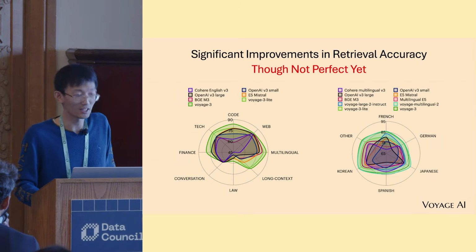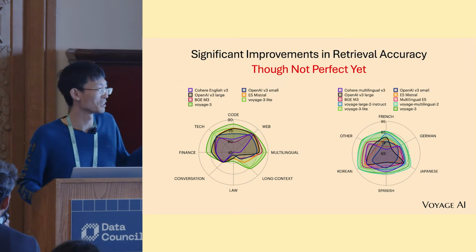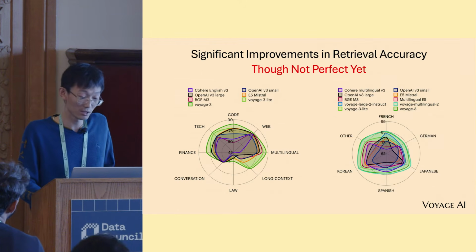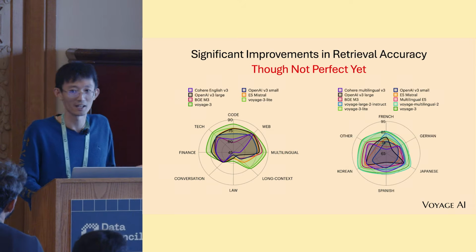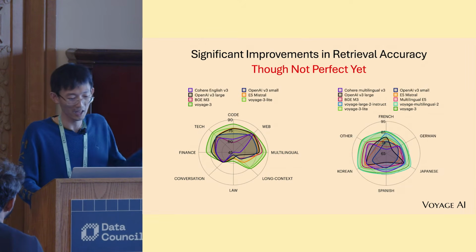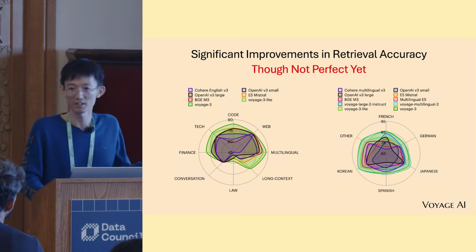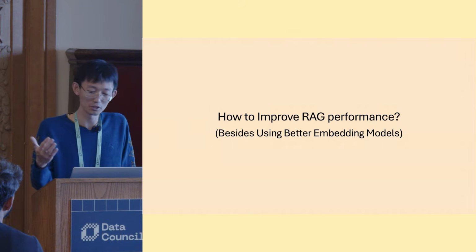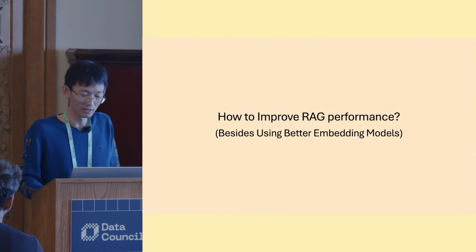So my talk is about how you solve this problem. How do you make the retrieval quality higher? 70%, 80% is good, but not good enough for modern AI. We are supposed to solve even very hard reasoning tasks with even higher accuracy, so retrieval should have higher accuracy. So how do we improve the RAG performance, besides just using better embedding models, which is one way?